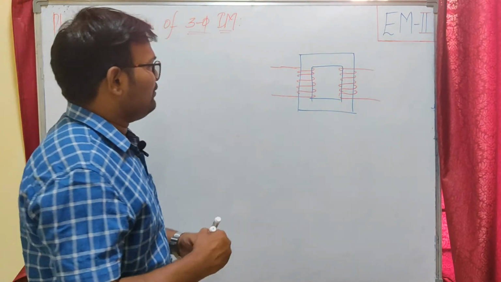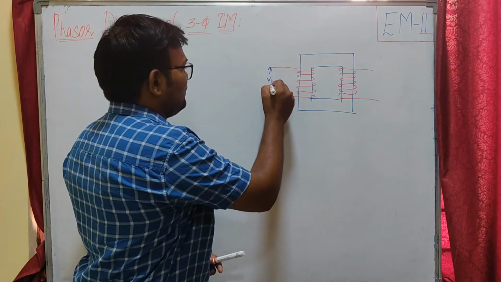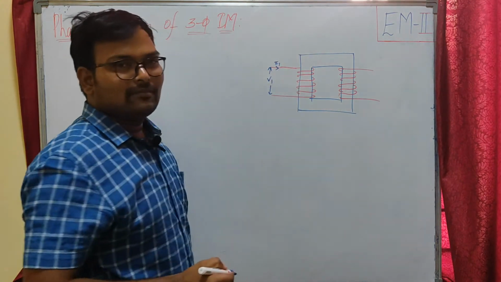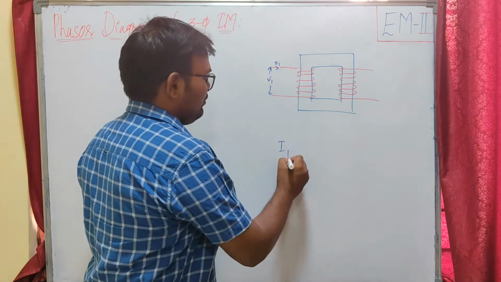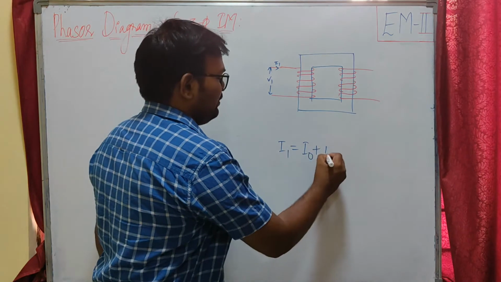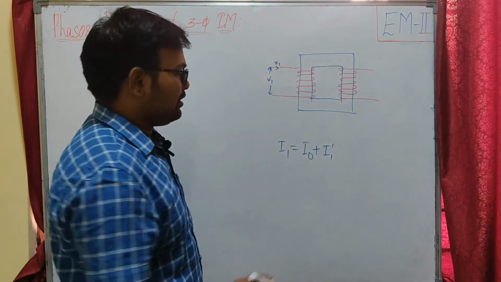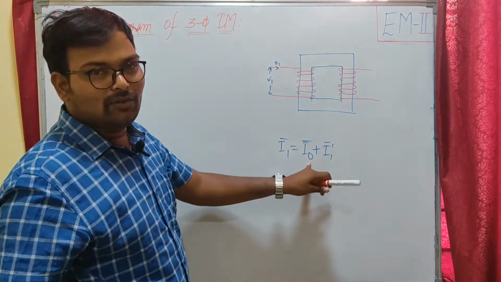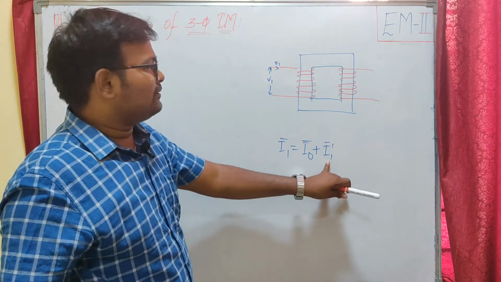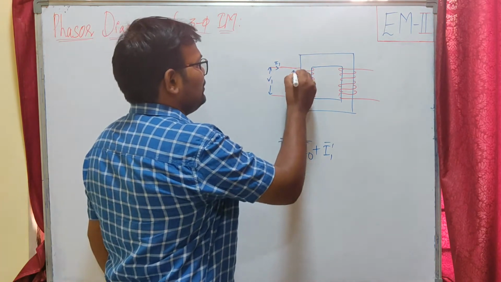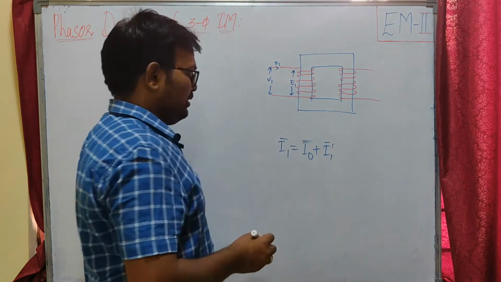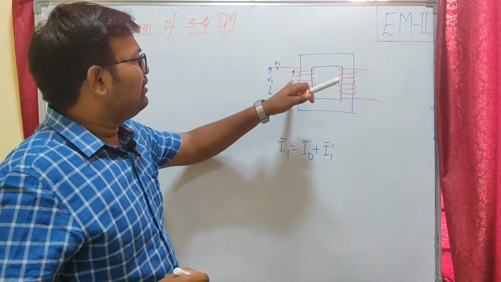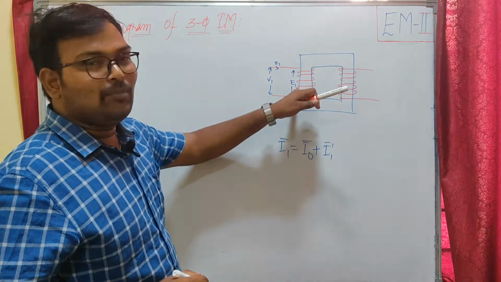Here we have our per phase V1, the supply voltage, and we will get our primary current. You already know the primary current is the sum of our no load current and the load component of current. So this is a phasor sum. I1 is the primary current, the sum of the no load current and the load component of primary current. And you will get an induced EMF here, E1. Here E1 is induced because of the excitation current. So our effect will oppose the cause by Lenz's law.